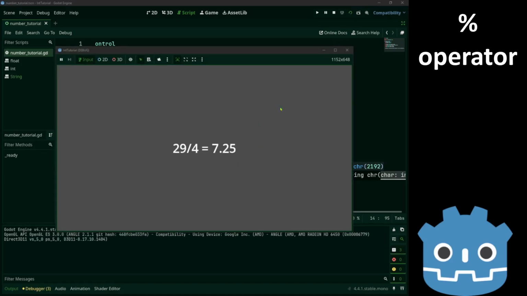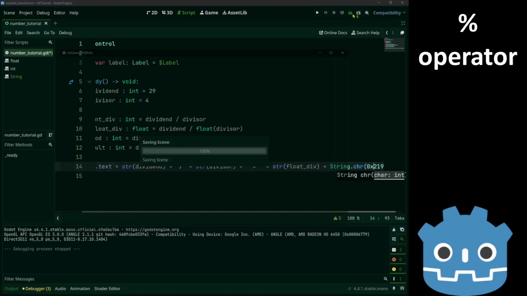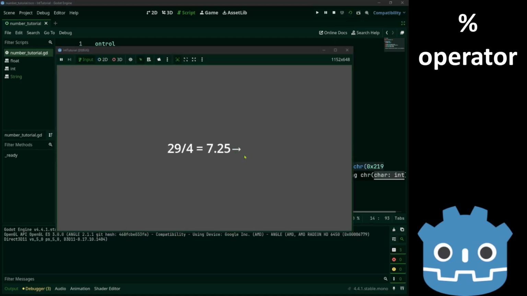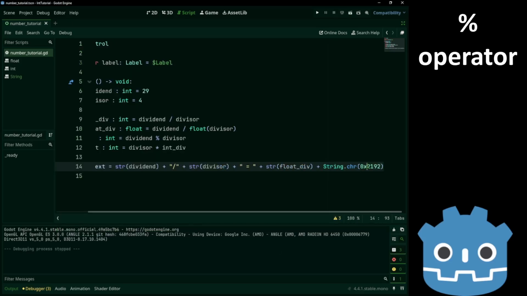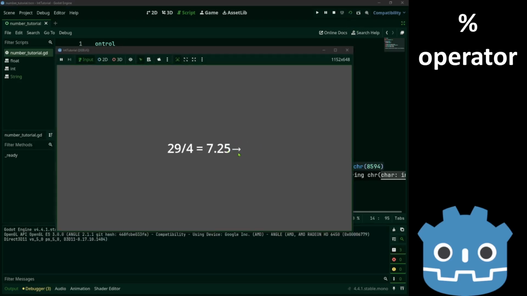And we got the wrong character. So let's try 0x. And now we get a symbol. This one was a hexadecimal number, so we need the 0x over here. Its decimal form is 8594. And we get the arrow again.